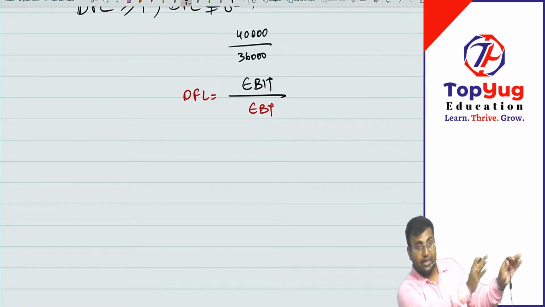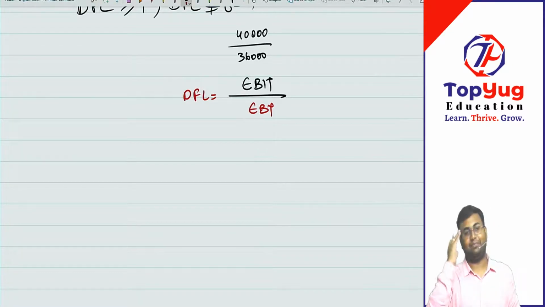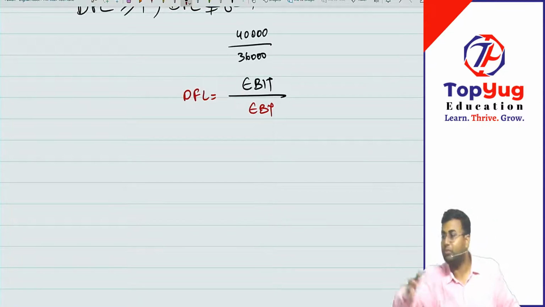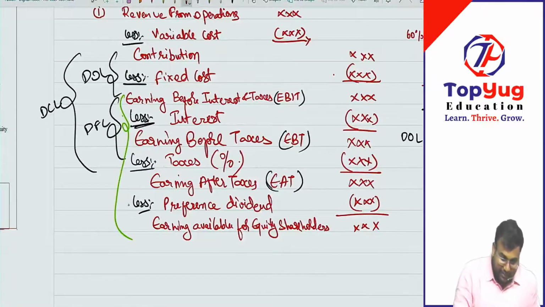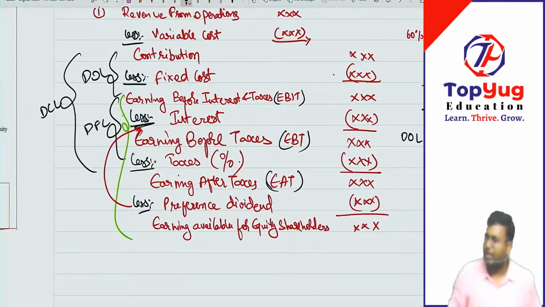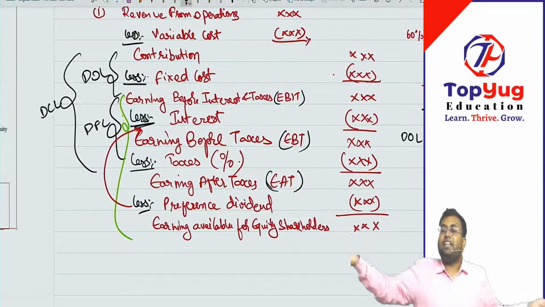Are you able to understand? You should tell me. Honestly speaking, I had an expectation from you, saying, why don't you write preference and interest at one go, changing the income statement format? I was expecting that somebody would tell me, take this here, put it inside, subtract both at once. Nobody asked, so I didn't say.